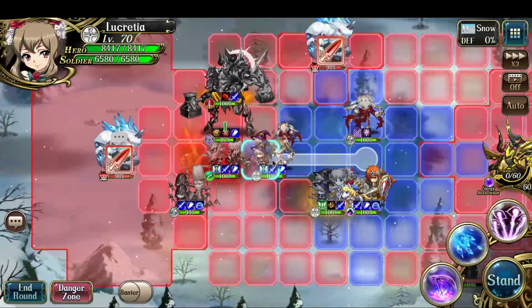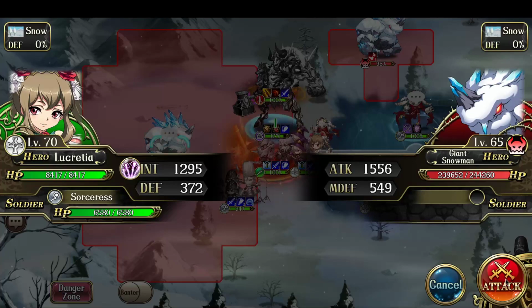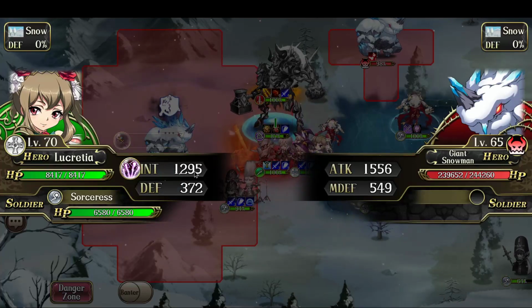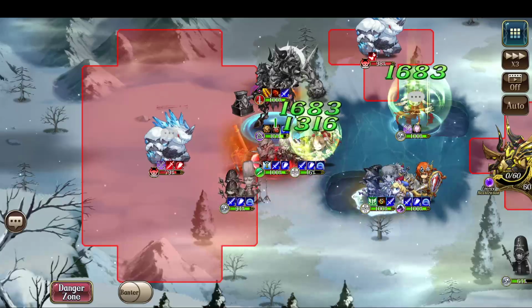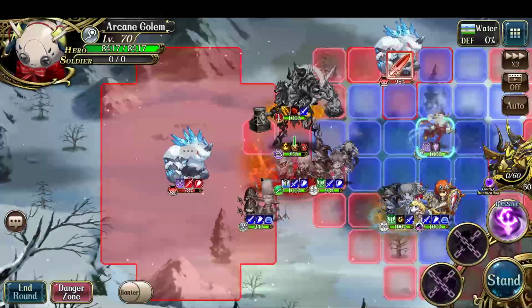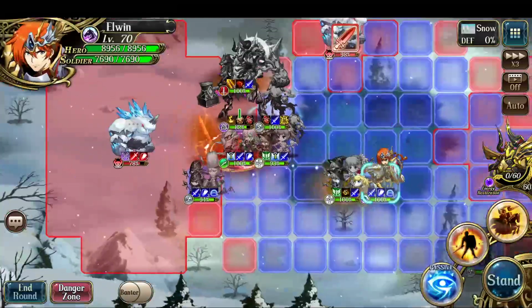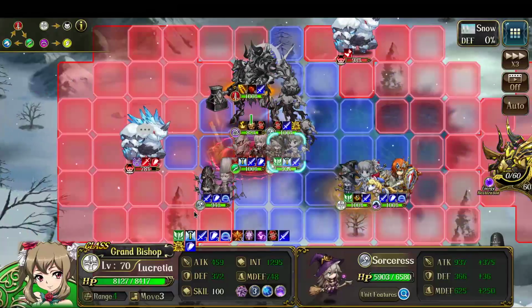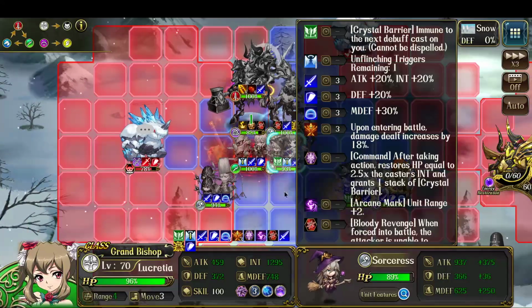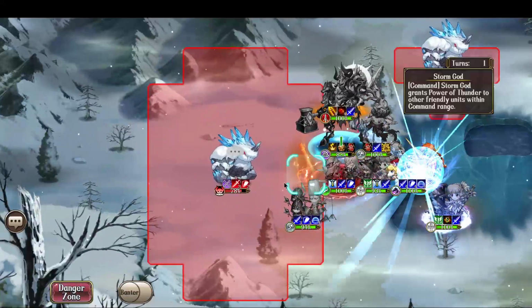And now I'm going to have Lucretia shift over and launch out her 3C skill. So, passive has not been disabled. Look at all the damage I took. Right? But it's fine. I was expecting to take a lot of damage there. But that shows why you need to disable the passives. Right? And finally, I'm going to have Elwin, Reign of Glory,